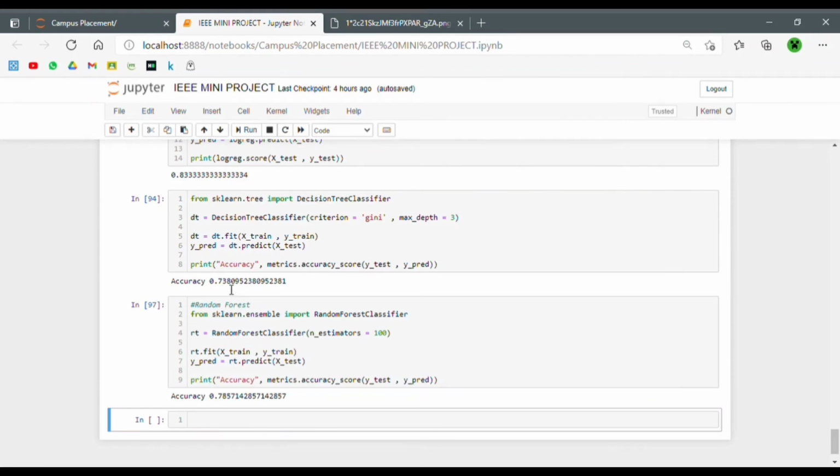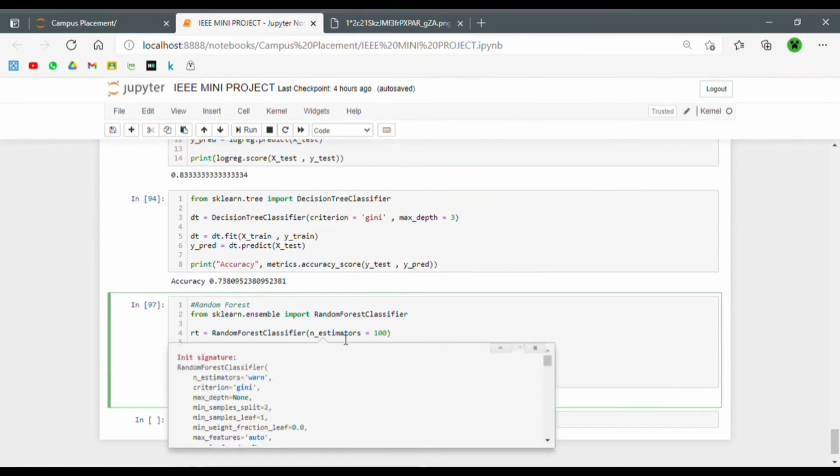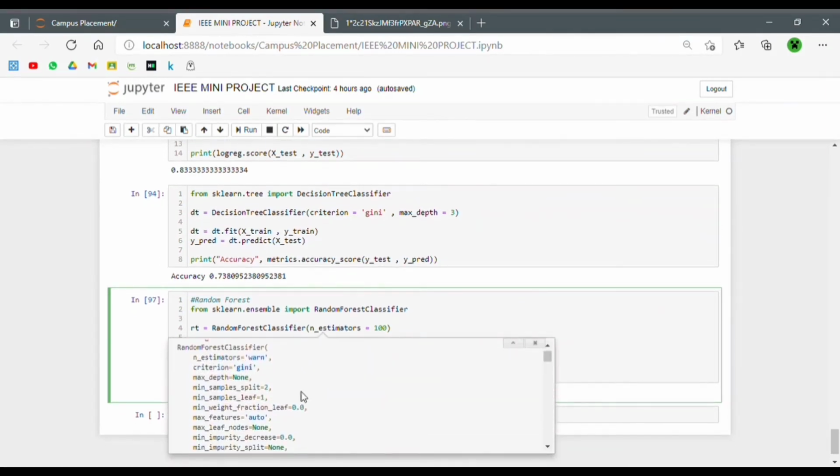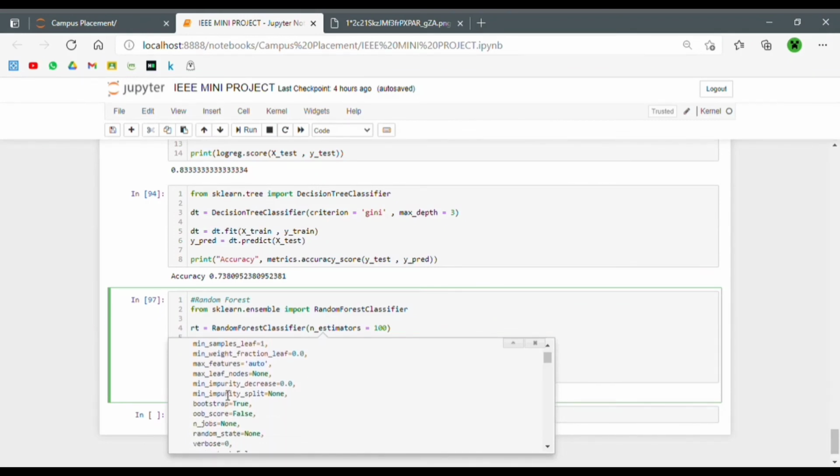And the accuracy, as you can see, just by changing the model, has increased by 5%, right? From 73 it reached 78%. And as I said, these are the hyperparameters. I've not included any hyperparameters. You can see how many there are: n_estimators, criterion, max depth, all of these different things, right?